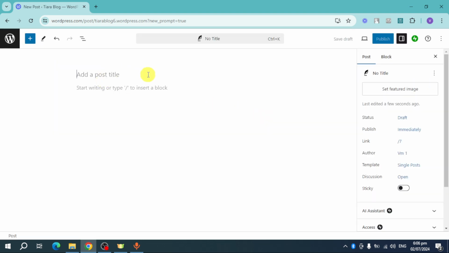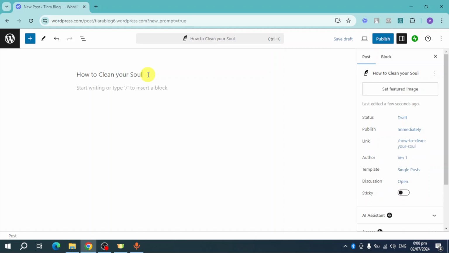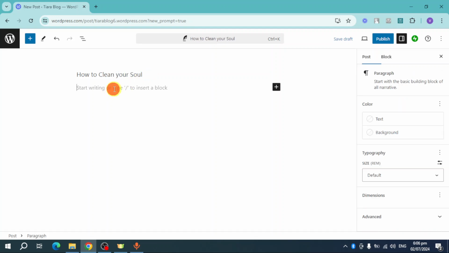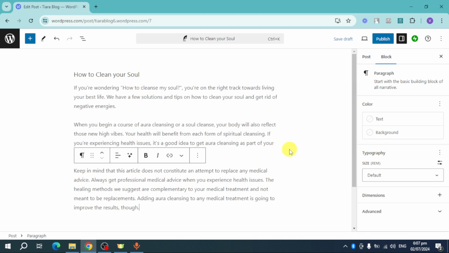In here you can add your post title. So for example, let's put in here how to clean your soul. And then you can put in here start writing, type anything that you want to put on your actual blog. So from in there, just type writing, and then once you're done writing, you can also have the option to